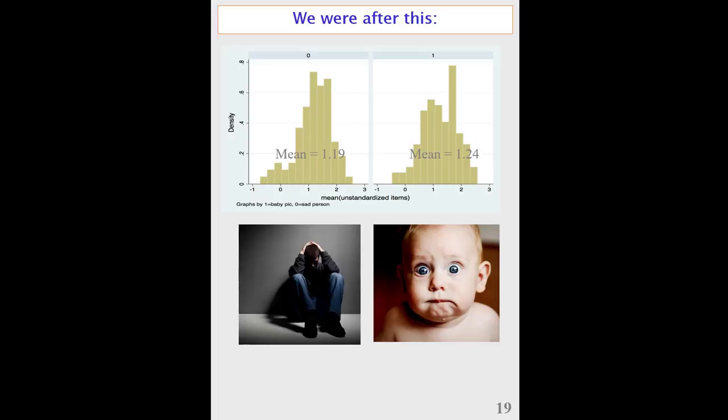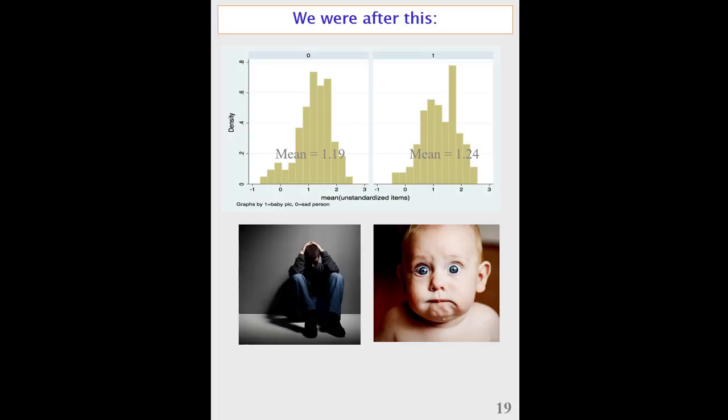So this is where we were. We have this in our own data. We see on the left the distribution of the happiness scores of youth, and only the half, or roughly the half, of people who got the picture here of the correct guy before answering the happiness questions. And there you see a similar distribution on the right for the ones who saw the picture of the funny baby, or the happy baby, as I called it in the variable name. The question is, is it really the case, and we already see from the means that it's not likely to be true at all,